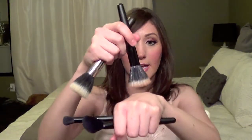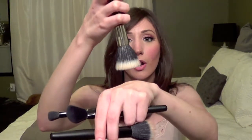However, I don't know if you can tell by looking at it, but the stippling fibers seem more sparse on the e.l.f. one than on the MAC one. So I can definitely tell that the MAC one, when I stipple on my hand, it feels like I'm getting more bristles touching my skin and a little bit stiffer than the e.l.f. one. So I like the MAC one better for that reason than the e.l.f. one,